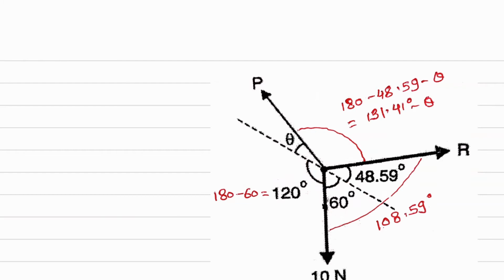Now also here in this case we have 3 concurrent forces, and all the forces have the same nature. Okay, here you can see all the forces are moving out from the center point. Okay, so the nature is pull nature on all the 3 forces. So we can apply Lami's theorem. So using Lami's theorem, what we can write, what is the force here? P divided by the sine of the included angle between the remaining 2 forces. Okay, so that will be 108.59. So I'll write it down, P upon sine 108.59